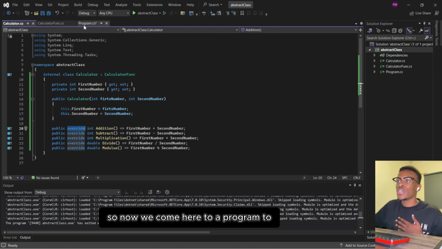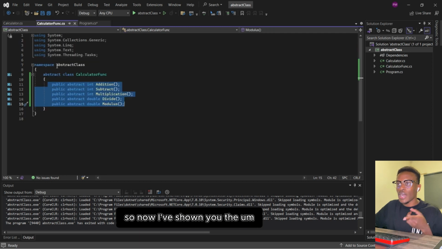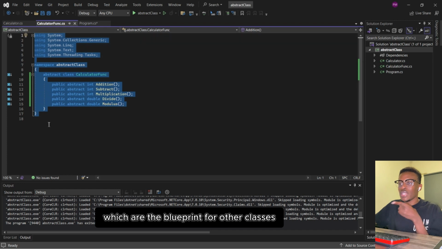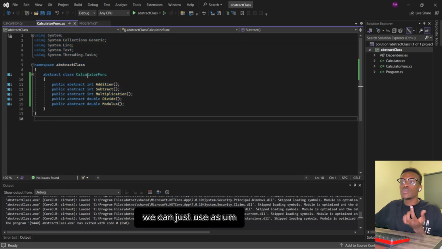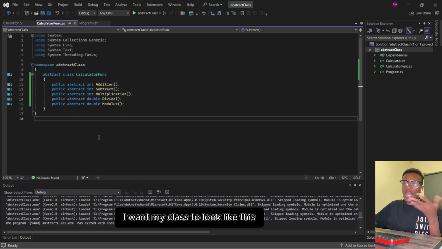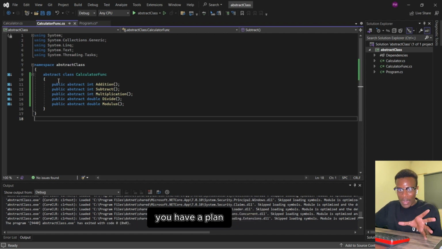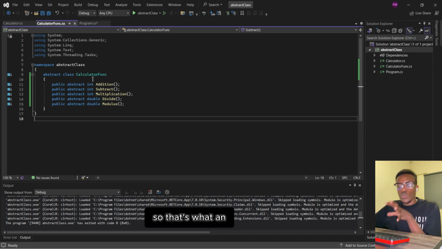Now we come to our main program. I've shown you the calculator, which uses an abstract class as the blueprint for other classes, so that if we have other classes, we can use the same methods, but we say, I want my class to look like this. That's what a blueprint is. Let's say, for example, you want to build a house. When you want to build a house, you have a plan. That's a blueprint for what you want your house to look like. So that's what an abstract class